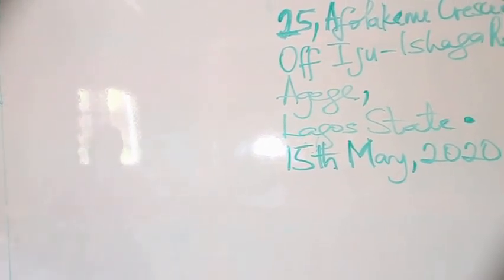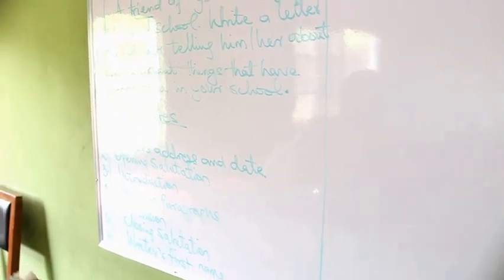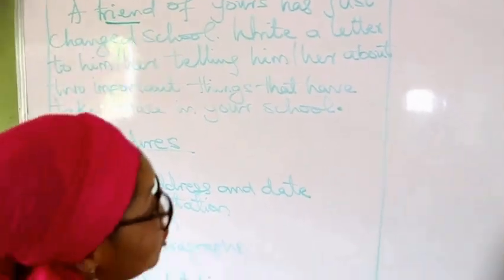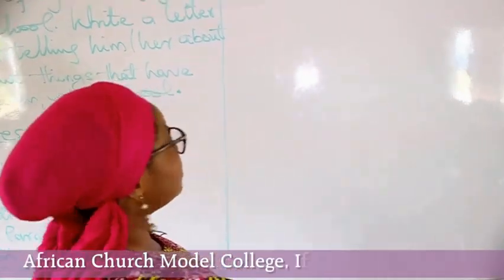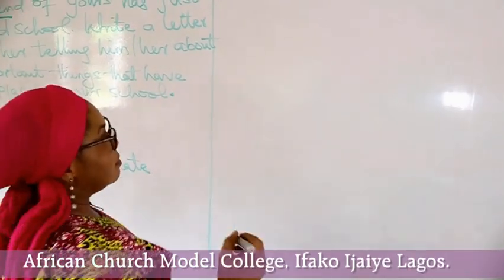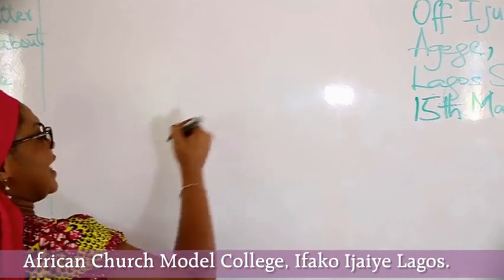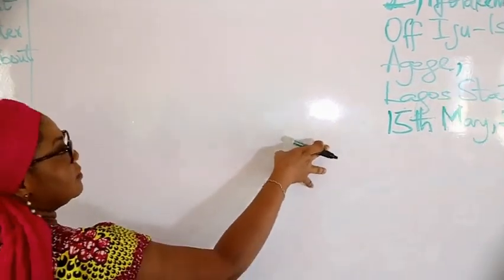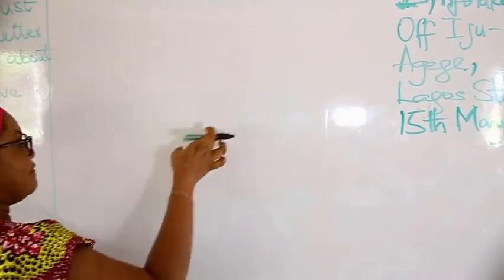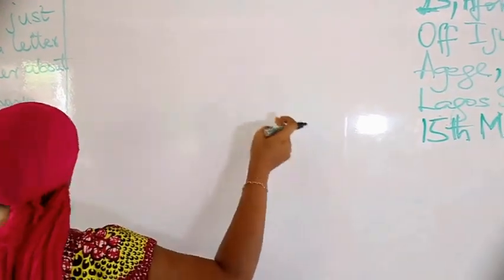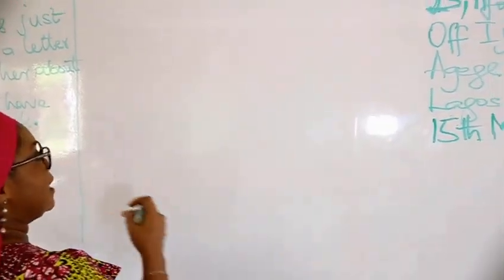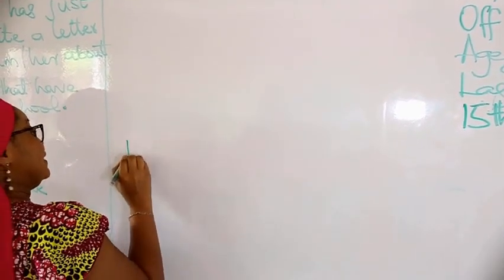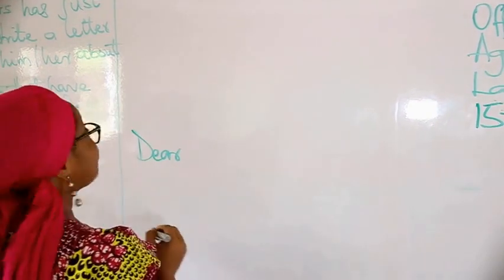The number 2 step to take is the opening salutation. Now look at this, we are writing a letter to a friend in another place. So let's assume I'm writing to a friend of mine who is probably in another school, living somewhere in another local government. Now, you do not leave a line. Please do not leave a line immediately after your date to start this. You start the opening salutation on the next line, by the left-hand side, immediately after your address. So we have Dear, plus the name of the person you're writing to.